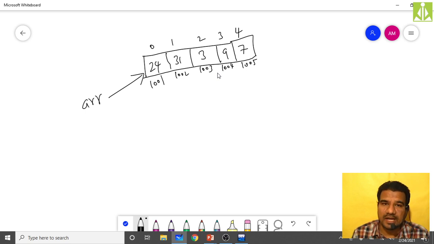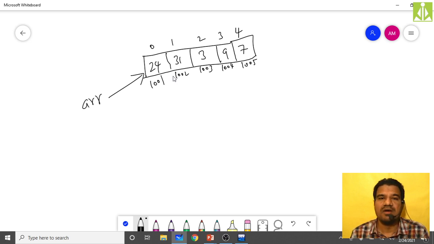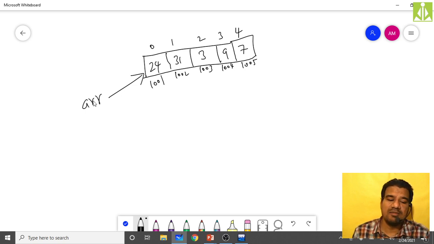We cannot predict the address when we are doing the execution, as we don't go into the computer and we don't see where the program is getting executed, how the processor is executing, what memory locations it is using. So just some random address values I'm taking. The array name itself represents the first element address.